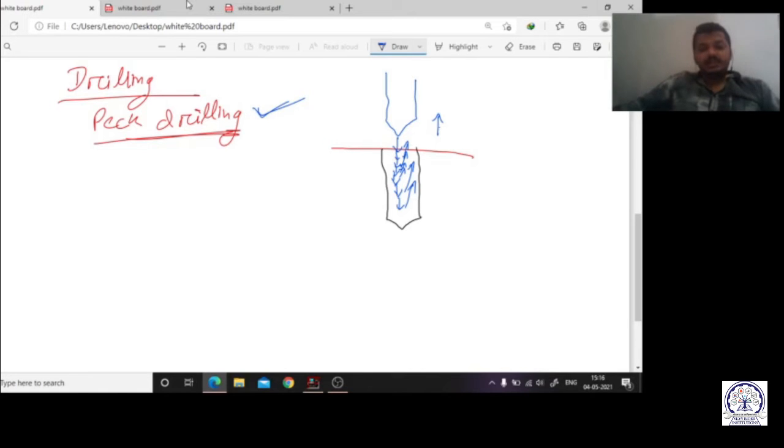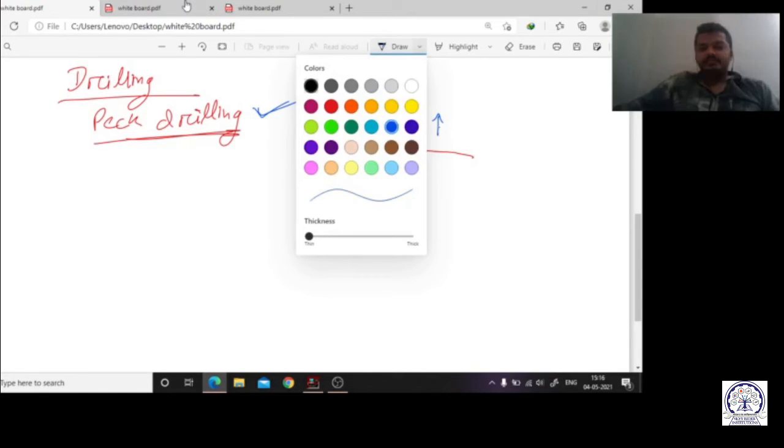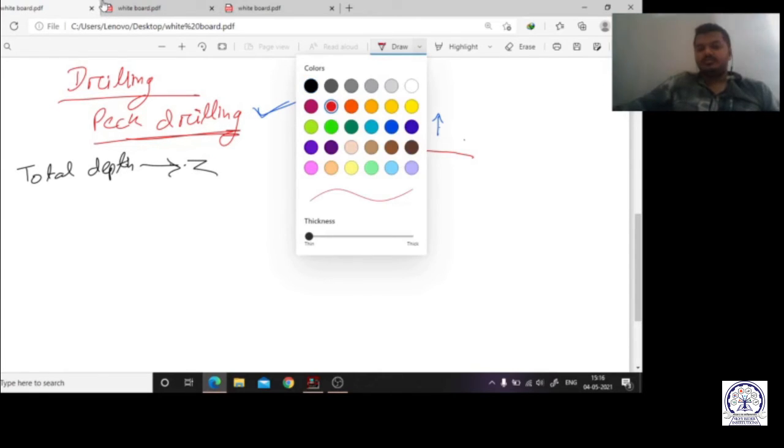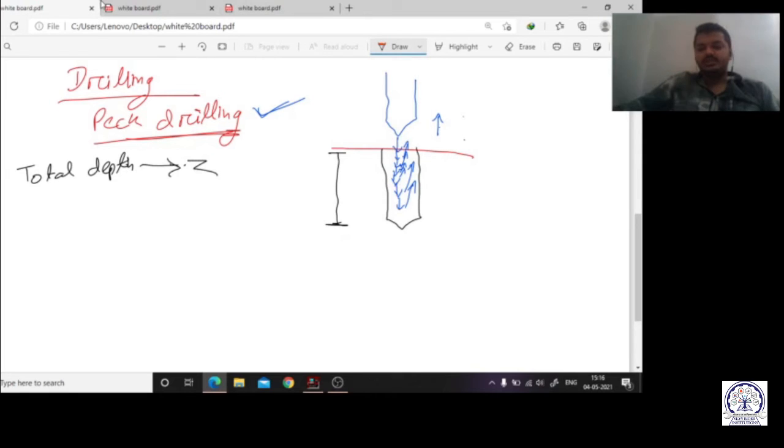So what are the parameters we are going to see? The first parameter we can see is the total depth. The total depth is given by the Z value. The next one all of you can see, sir, here we are having an incremental depth.